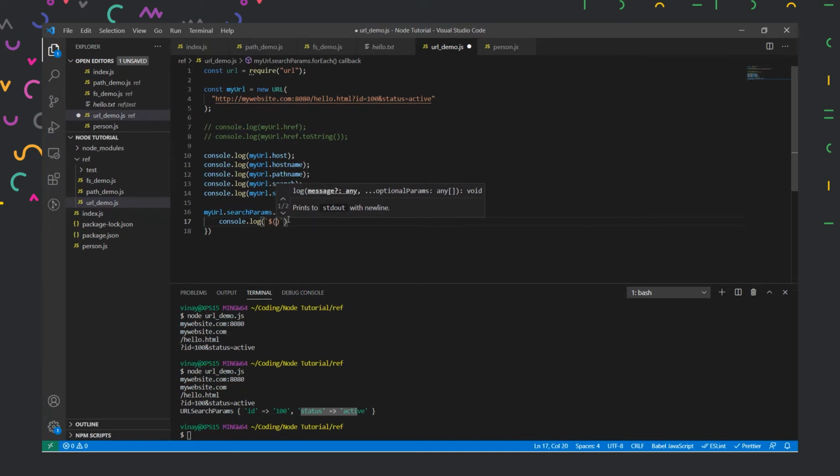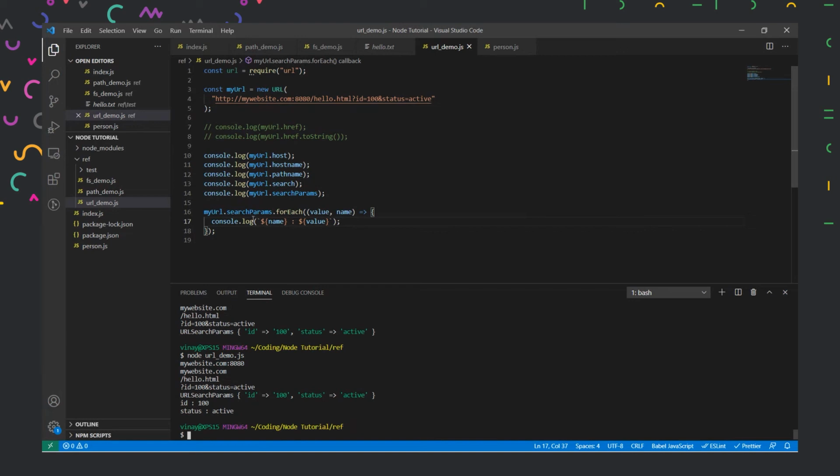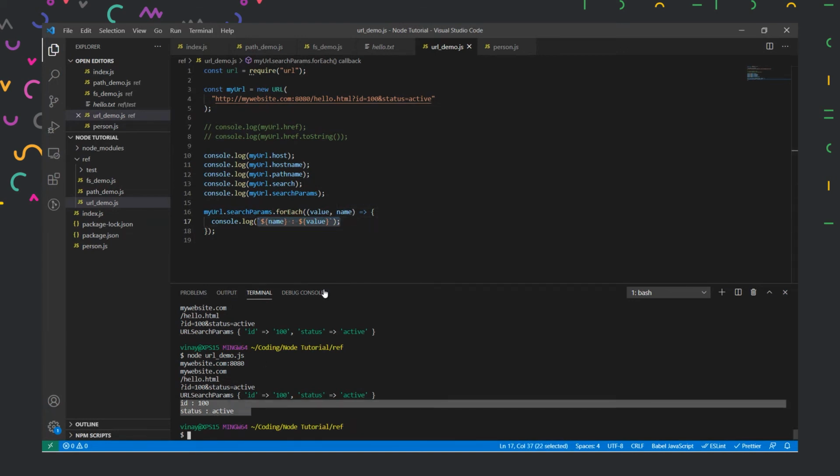Let us say here name, and then I will just put a colon and then the value I'll print out. Now let us see what happens. It will print me the string with each value and name along with it.